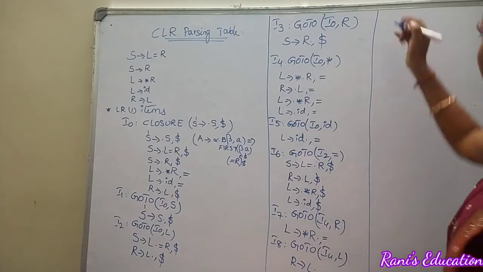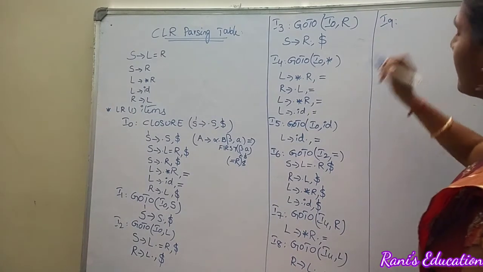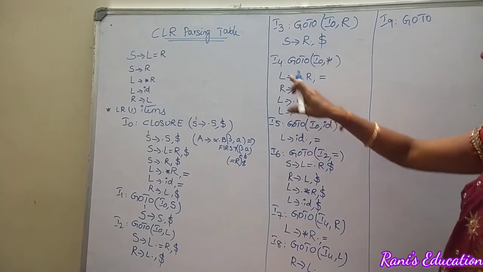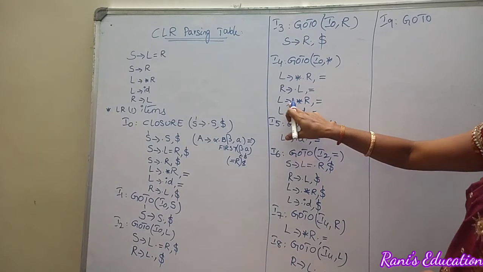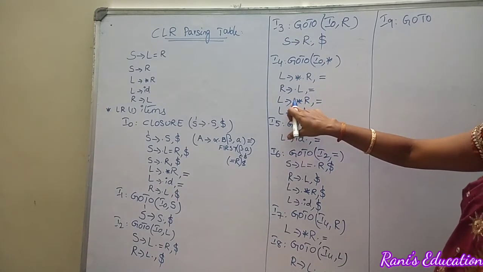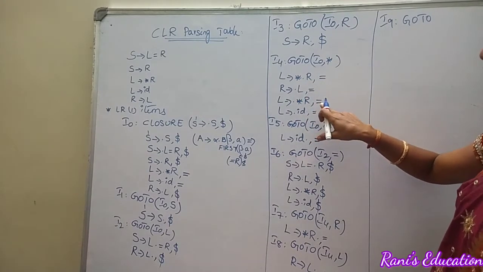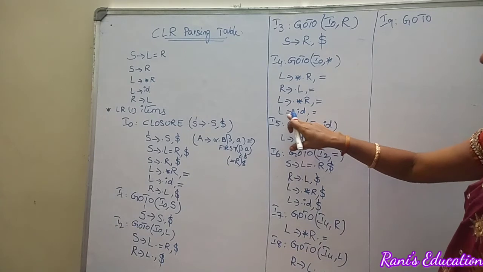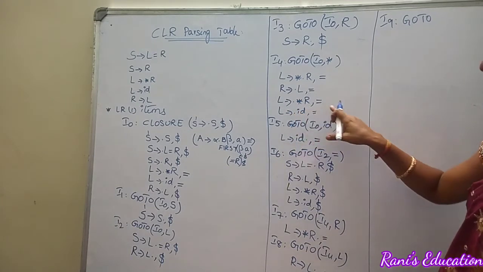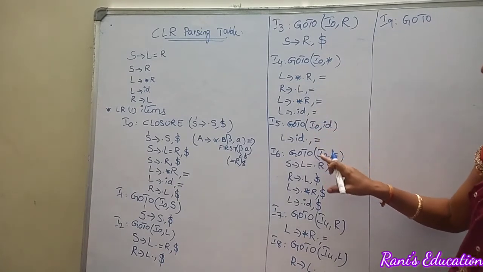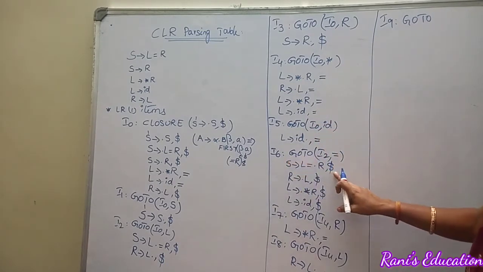Okay. So I8 is completed. Go for I9. So this production is completed. What about this production? Whether we have changed the dot position or not? Yes, we have changed the dot position in that item itself with the lookahead equal. Now move on to this L derives dot ID. Whether this production is completed anywhere in the items? Yes, we have completed it in I4, I5. Okay. Now move on to I6. So whether this production is completed? No, we didn't complete it, isn't it?